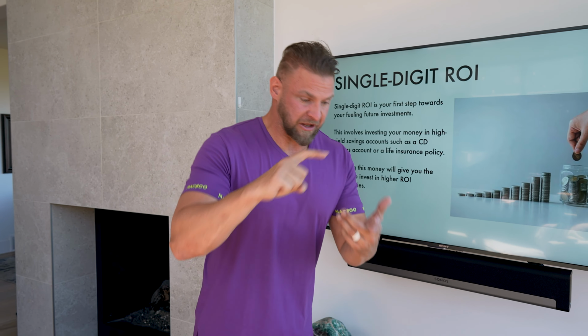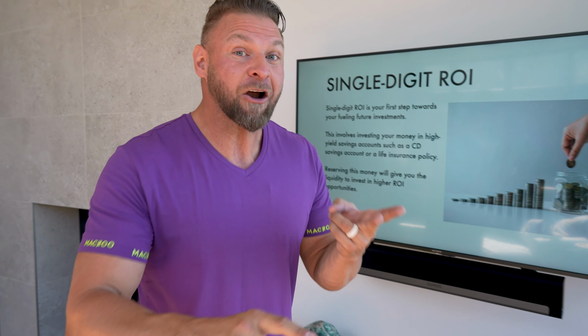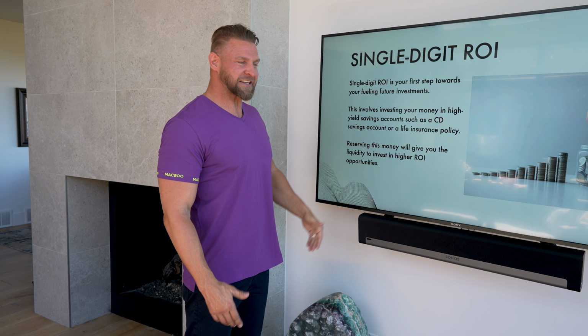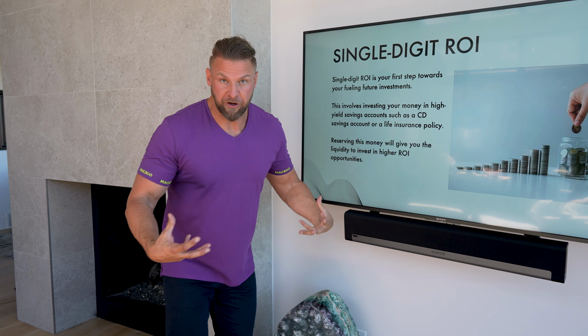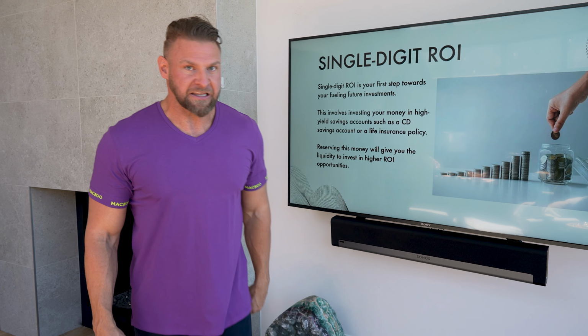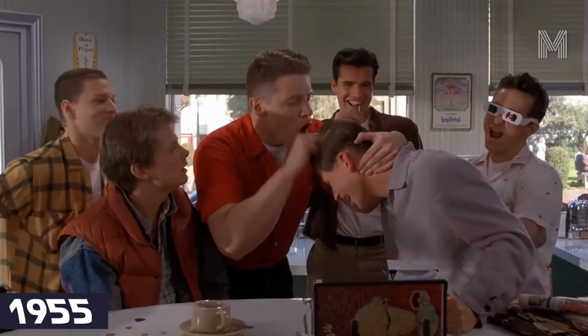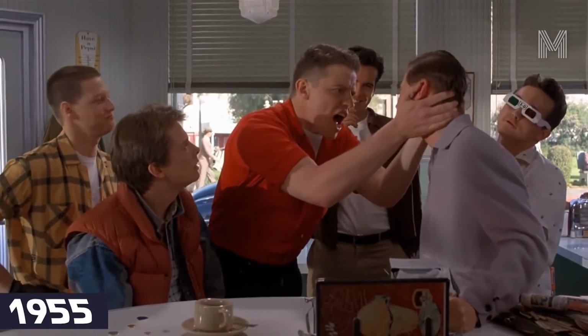But we do things like 401ks, IRAs, annuities, even the S&P 500, the stock market. Did you know what they all share in common? They're single-digit ROIs. And you're like, yeah, but Kris, all the financial experts say to do that. I'm like, yeah, so other people can control your money. Hello? Anybody home? Hey, think. Do you know how much money they're making on your money? They are making boo-ko bucks.